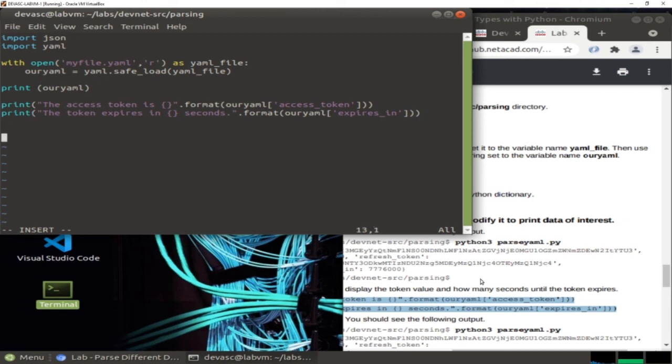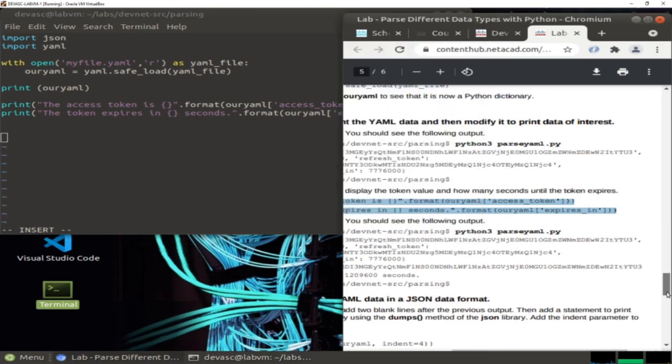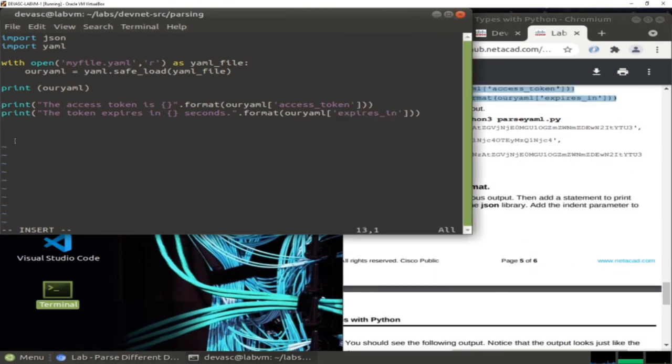And now the last step, I'm going to print out the content of this file in a JSON format. So here we are going to do the same. We only put 2 lines. We don't need to add dashes because JSON doesn't have this structure, only YAML starts with dashes, and then we just print